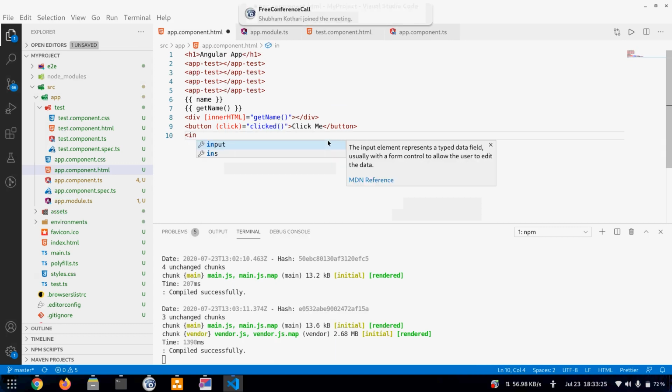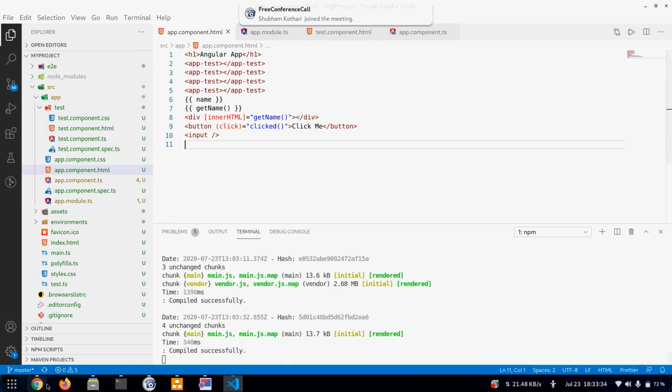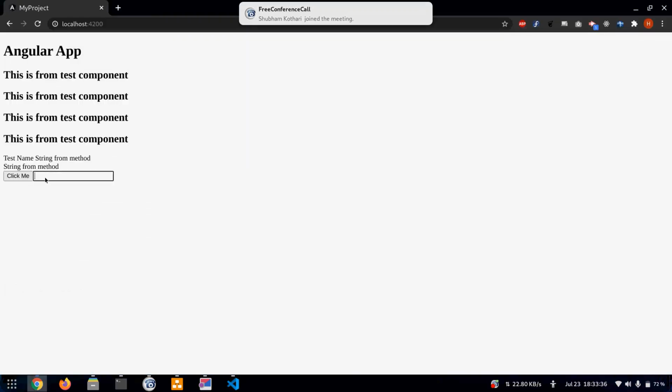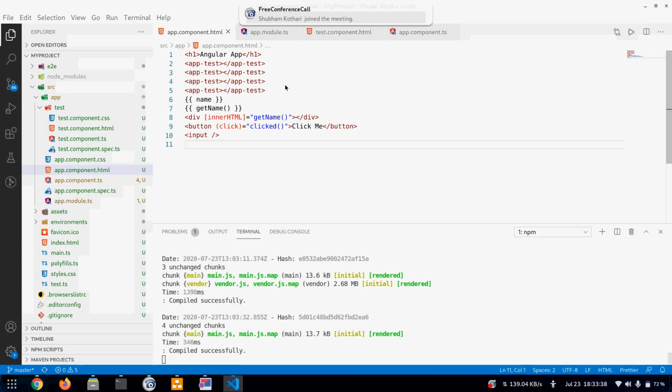So now I'll create an input tag. Okay, so this input tag comes here. Now what we generally like to do is set a value here using property binding.